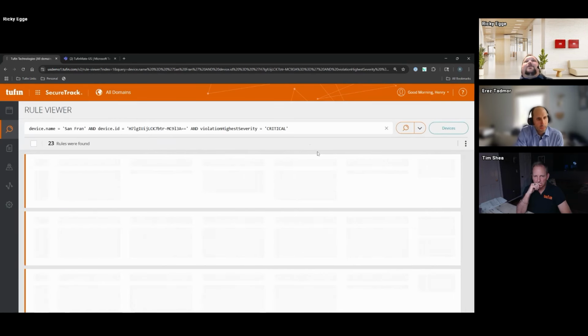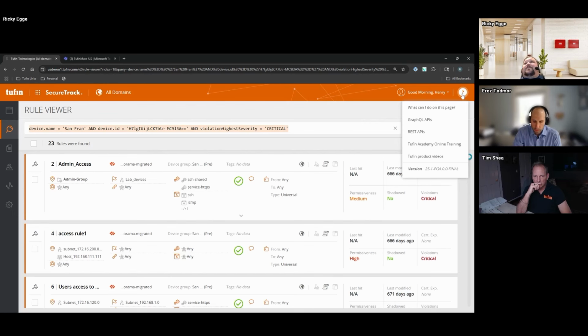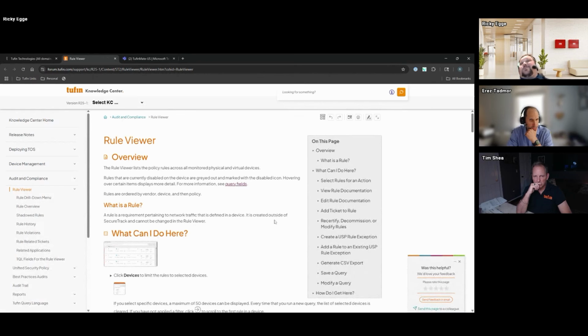So as I go back here, there's also a lot of other things that I can search for. So this is a link you can also track, and this is the what can I do on this page within Tufin. Our knowledge base is public. If you want to just Google Tufin knowledge base and pull it open, you'll have access to all this information. We don't hide it behind a login, a paywall, anything like this. You don't even have to sign up for a demo to be able to view this information,